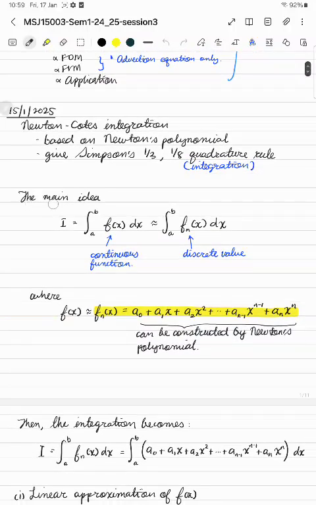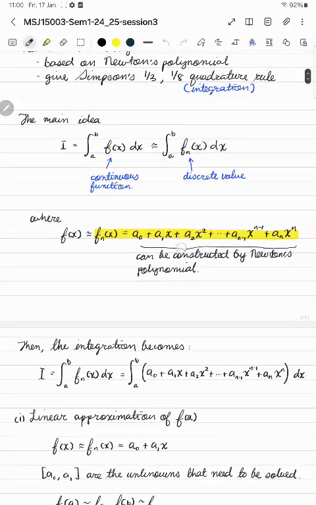Now let's go to the basic idea. If you have a function that you want to integrate, this function can be a continuous function, a known function, or a function that you created from your experimental data. It doesn't matter, but as long as you want to turn it into a numerical integration, you will have the continuous version and then the approximate one. The idea here is to use Newton's polynomial